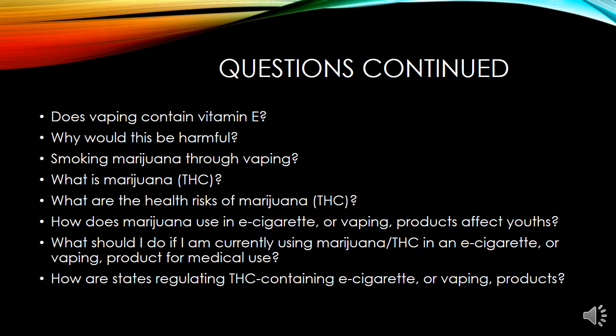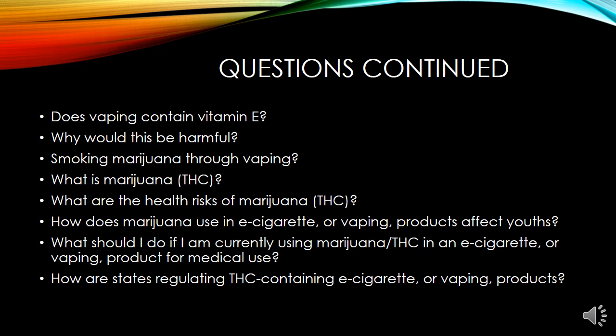What is marijuana and THC? Marijuana, which can also be called weed, pot, dope, or cannabis, is the dried flowers and leaves of the cannabis plant. Marijuana contains mind-altering compounds like THC, as well as other active compounds like CBD that are not mind-altering. People who have significant impairment or distress from ongoing problematic use of THC containing e-cigarette or vaping products should seek evidence-based behavioral treatment and recovery services.